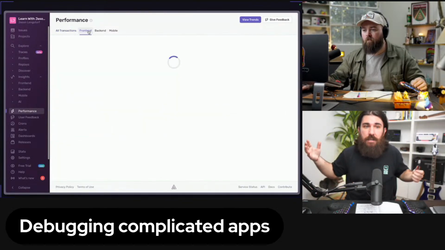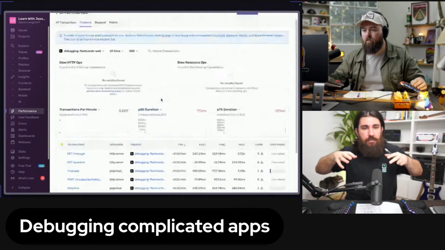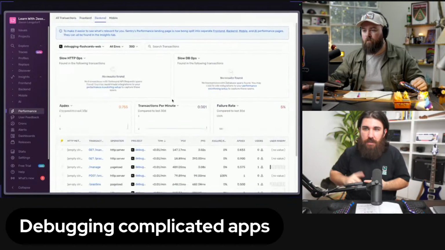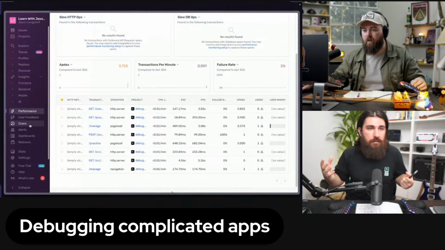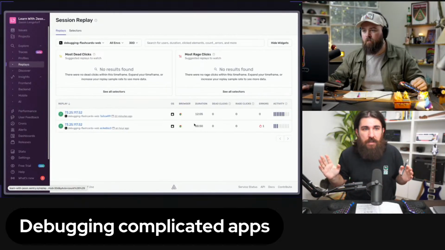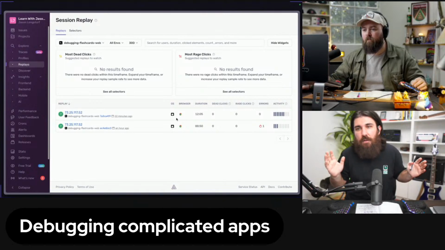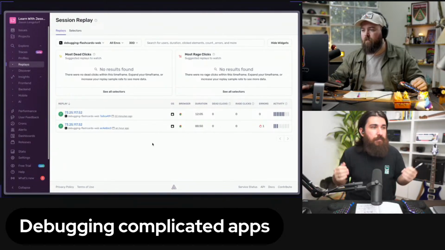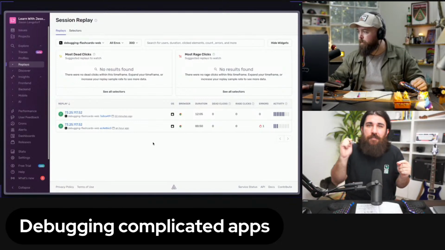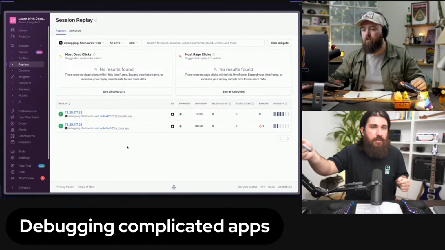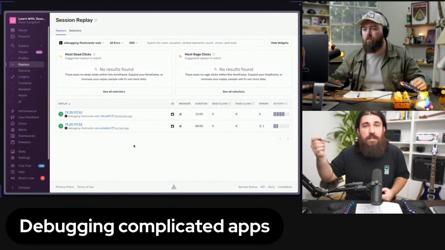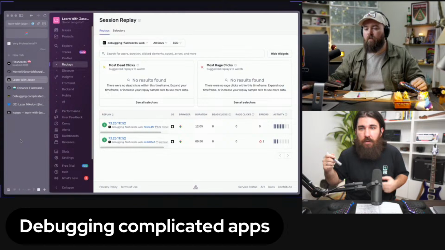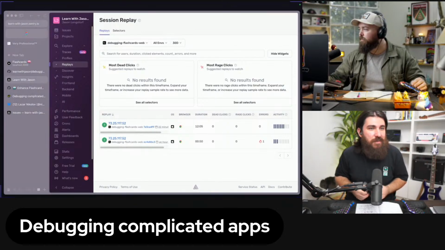And Sentry basically puts everything into one single trace. That was the session replay, the recording of the UI screen, the screen itself, the slowdown, the metrics. I didn't even touch web vitals and stuff. There's a whole different side to the product itself. But you also get the profile. So if tracing is not enough and you really want to dive deeper to a function level, you already have the trace. There's already a profiler on it if you configure profiling. So make sure you turn it on. Absolutely. And then you get into it and you solve the problem. So this is how we debug complicated applications, everyone.